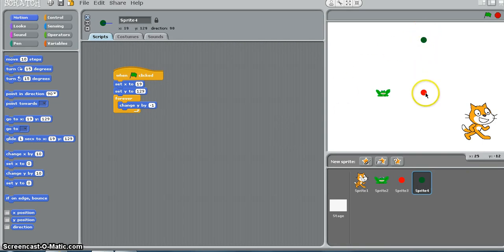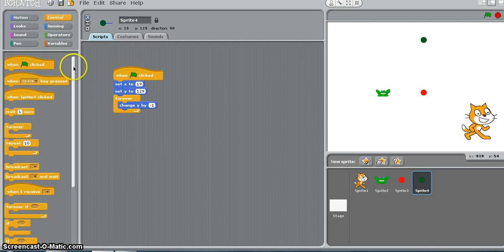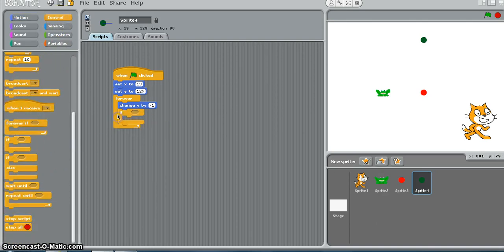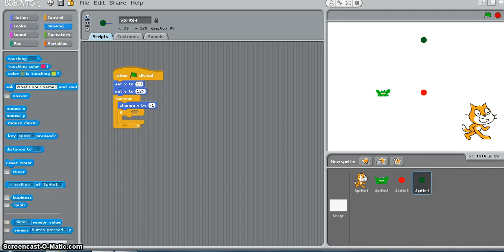So it keeps going down slowly, but once it touches the red, once it touches sprite 3, I'm going to set an action, for which I will again go into the control. I will grab an if condition and throw it. Now our main aim was looking at this operator. So we'll just drag it and put it inside here. If what color is touching what color? If the green color is touching the red color, we would say